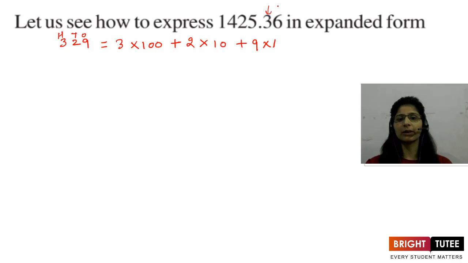Now what about the digits that are after the decimal? So this is the 10th place. 10th place means 1 upon 10. 100th place means 1 upon 100. So we will write